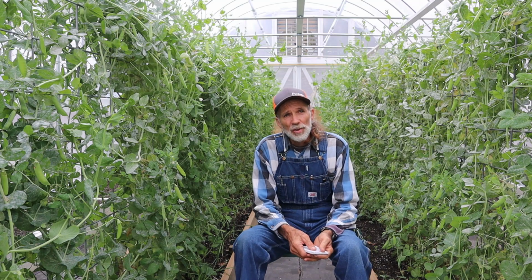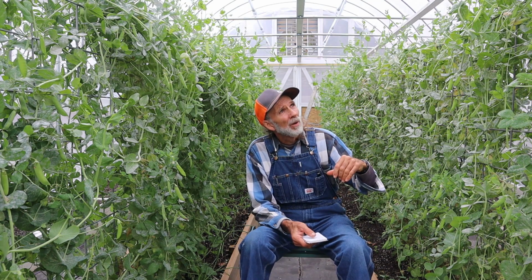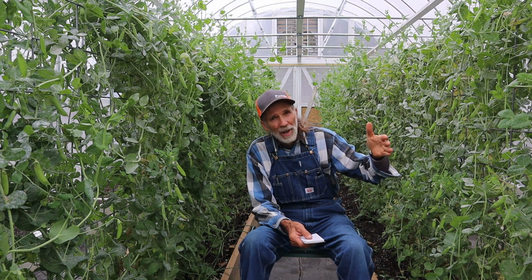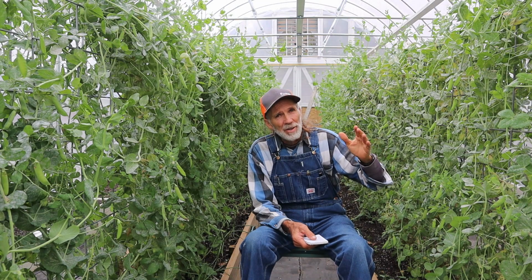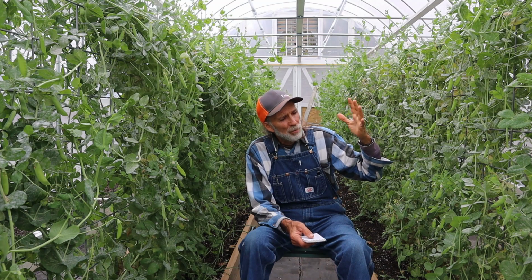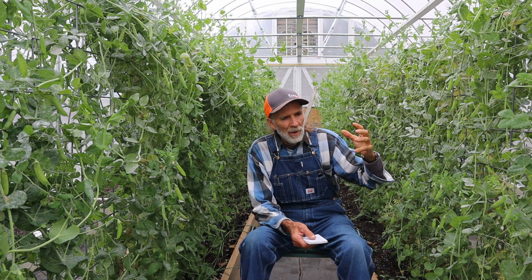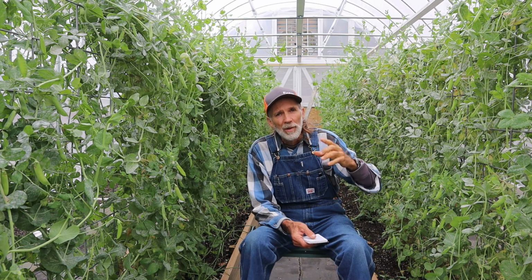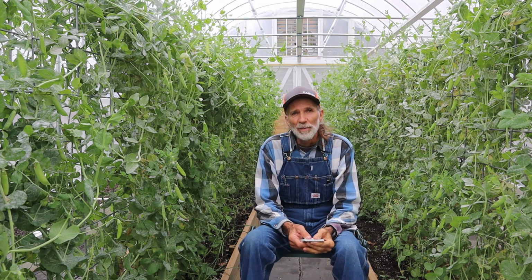Believe it or not, the darker one actually stays cooler than the white one. We was told it would be just the opposite, but we have found out that it is not the case here where we live at. Mine stays a lot cooler than this one does, and the sun is so much brighter in this one that this one stays a lot warmer than the other one, which is perfectly fine with us,